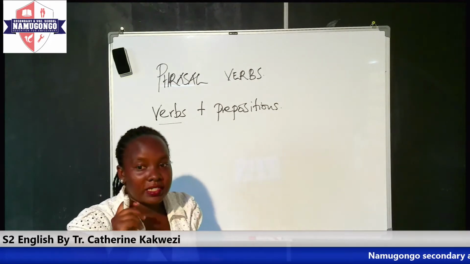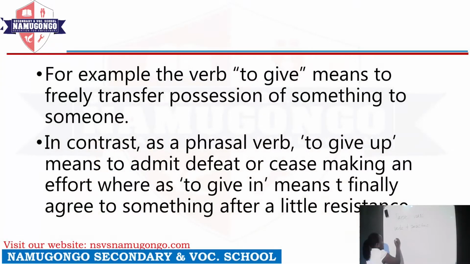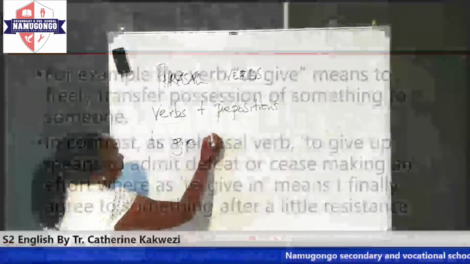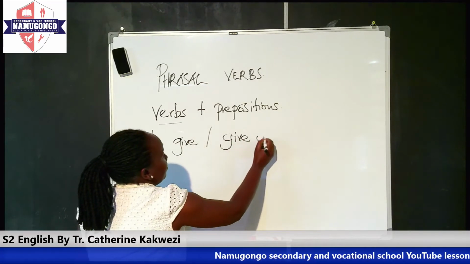Alright. For example, the verb to give. To give. This is simply a verb. The verb to give is just a verb. And as you can see on the screen, to give is to freely hand over possession to someone else. Meaning that a phrasal verb like give up